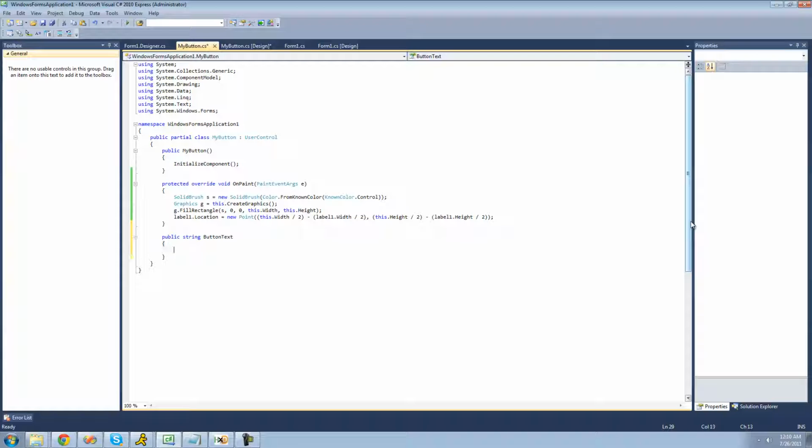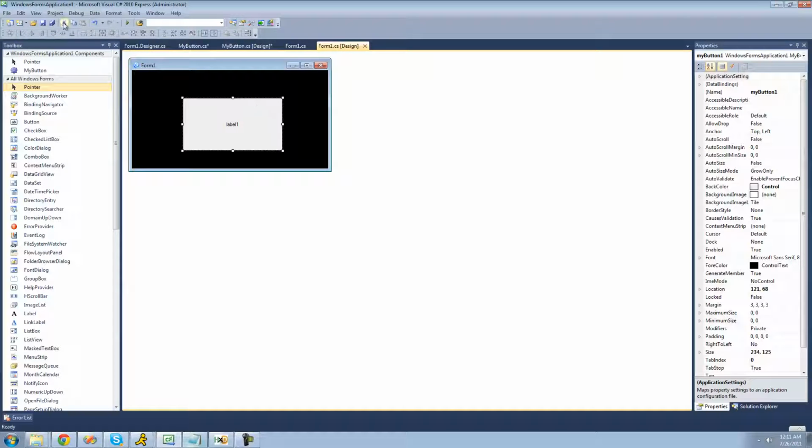And then we're just going to have it get label1's text. Alright, so we're just going to have it return label1's text. And then for the set, we're just going to set label1's text to whatever value the user set the property as. So we're going to say label1's text equals value. Alright, so now when we go over here and click build,